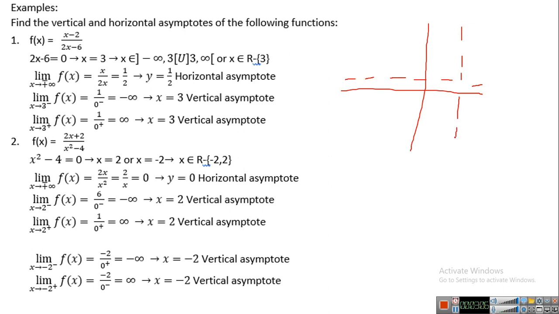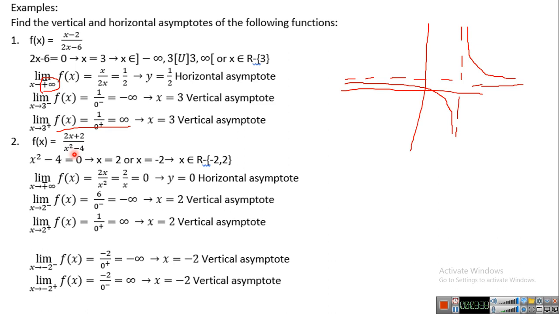At 3 minus, before 3, from that side, it must go down. Okay, and this is the horizontal asymptote at minus infinity, as you can see, and at 3 plus you have it coming from up and going to y equals half, horizontal asymptote, because 3 plus is plus infinity. So if you do now